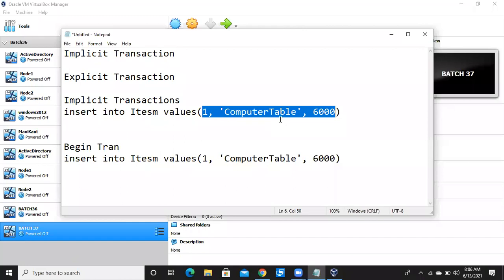So this is how implicit transactions and explicit transactions will work. Explicitly, if you gave begin and commit, those are all explicit transactions, which are uncommitted transactions. Implicit transactions are committed transactions. Why? Because either you are giving begin tran or commit, or SQL Server will give begin tran or commit. Those transactions are called implicit transactions. Explicitly you gave begin tran, but if you didn't give commit, then those transactions are called explicit transactions. Explicit transactions are uncommitted transactions. By default, all explicit transactions are uncommitted transactions.